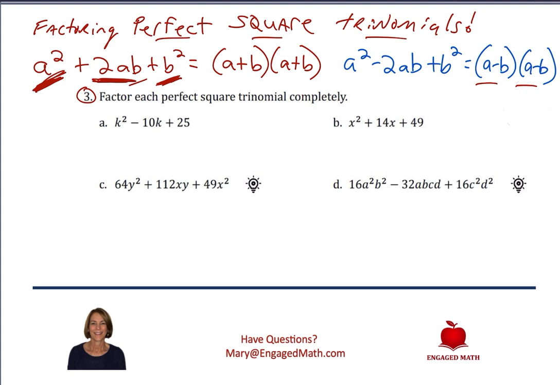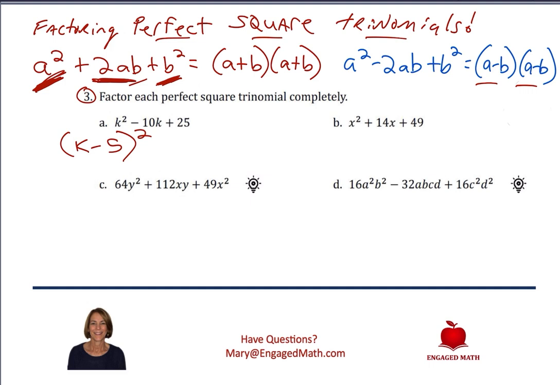So let's look at 3a. Besides the fact that we're told that these are perfect square trinomials, we can test to see that the first term is a perfect square, the last term is a perfect square, and the middle term is twice the square root of the first times the square root of the second. So the square root of k squared is k, the square root of 25 is 5, 5k doubled is 10k. Yep, we have a perfect square trinomial. Now, the easiest way to factor this is to say it is simply k minus 5, the quantity